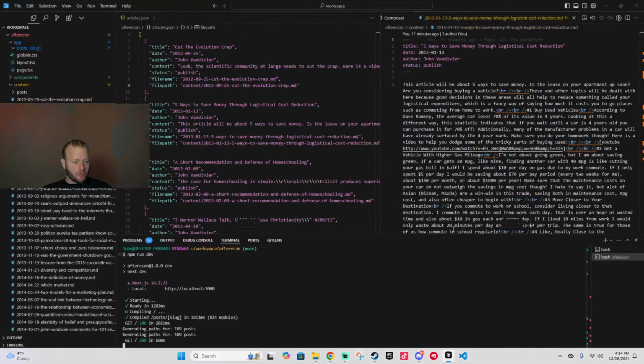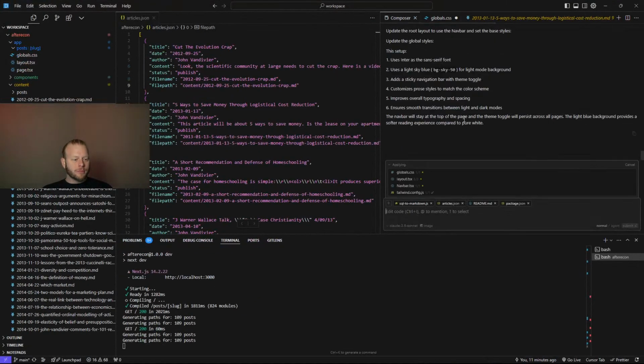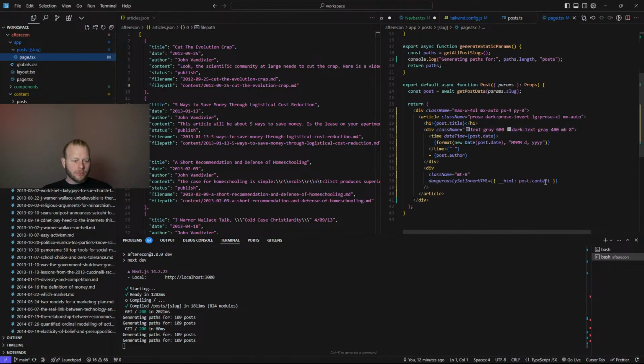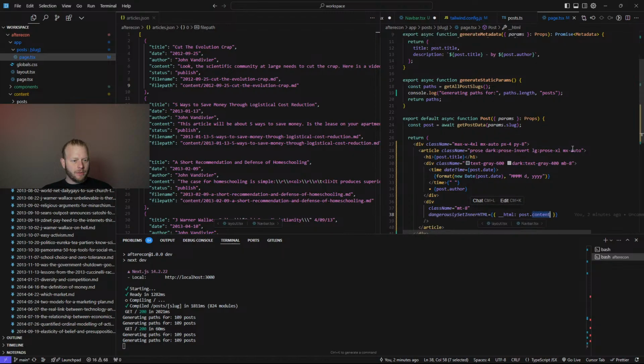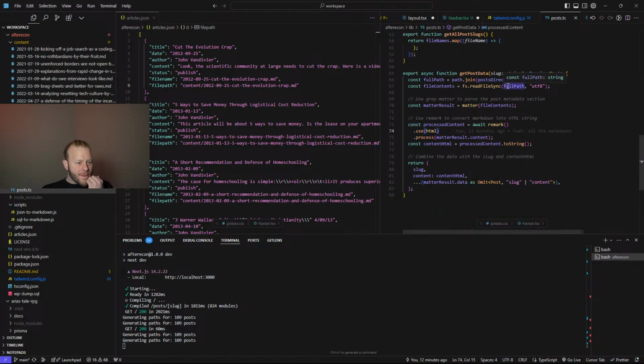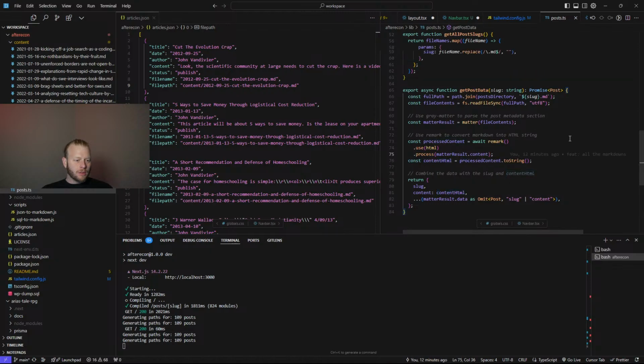Okay, I wonder if it's using the wrong property name. So we have post.content. Post is a post. Await get post data. Convert markdown string into HTML. So I wonder if this is working. Where's HTML come from?